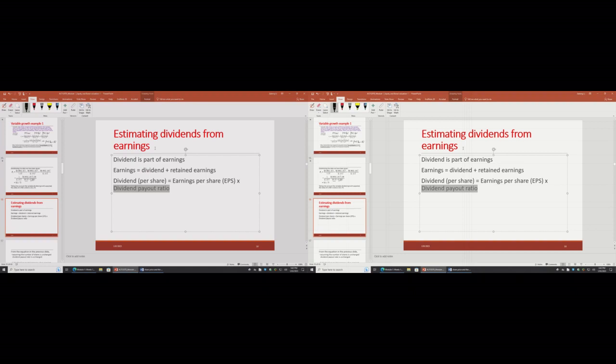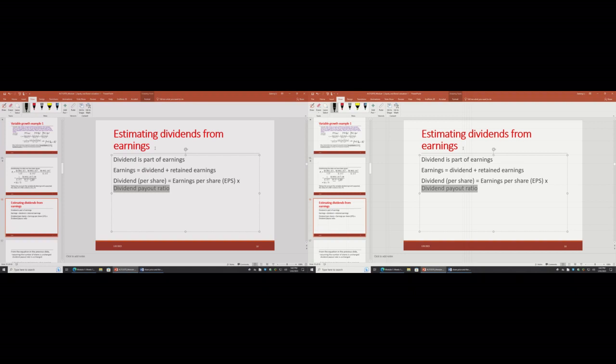And sometimes you may also hear another term, the retention rate. Okay, clawback ratio. That means the portion of the earnings that will be retained in the company. Okay? So now look at this equation. Dividend equals the earnings multiplied by the dividend payout ratio. Okay? So if you have 1 million earnings, you want to pay 500,000, it just means that the payout ratio